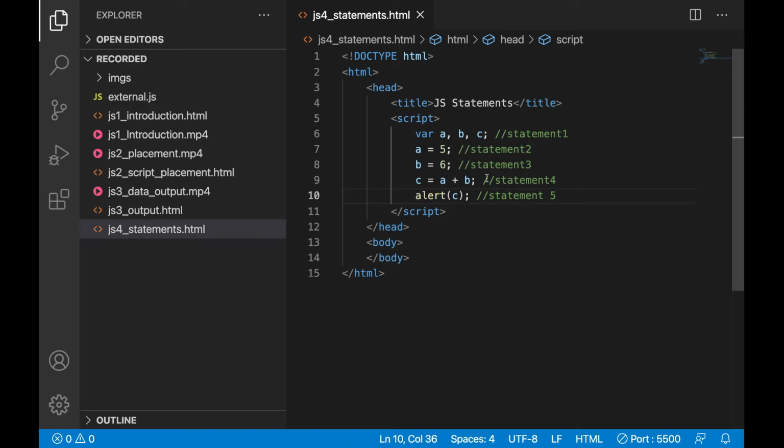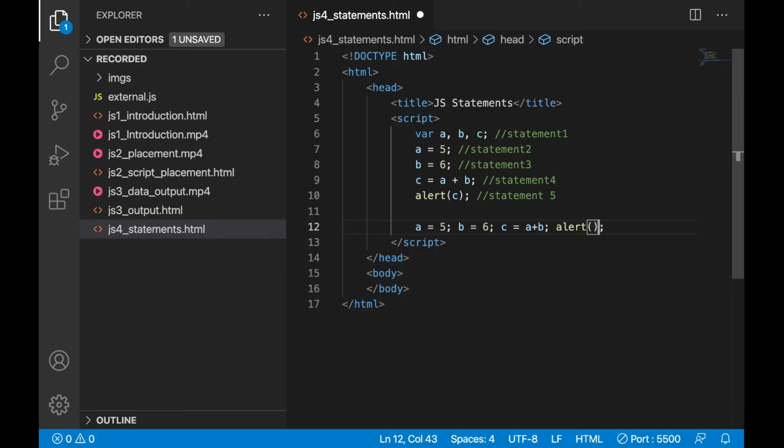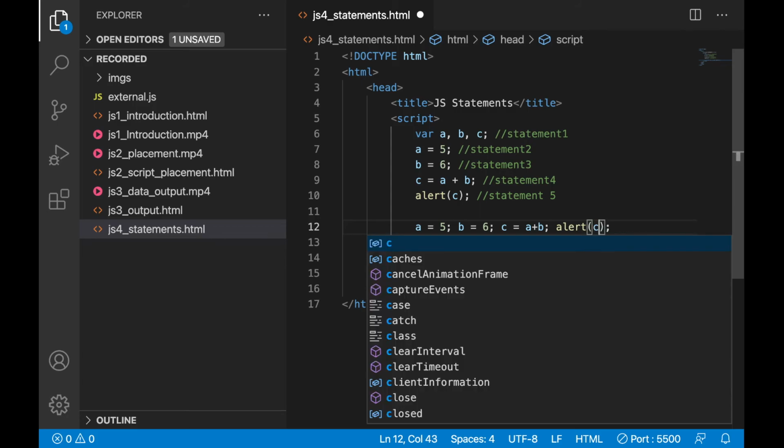One more thing, multiple statements you can also write like this. Let's say a equal to 5, same thing what I am showing, b equal to 6, c equal to a plus b, alert of c. So here I am just commenting. A comment is just for the user's understanding of what code we are writing, and it will not execute in the browser.